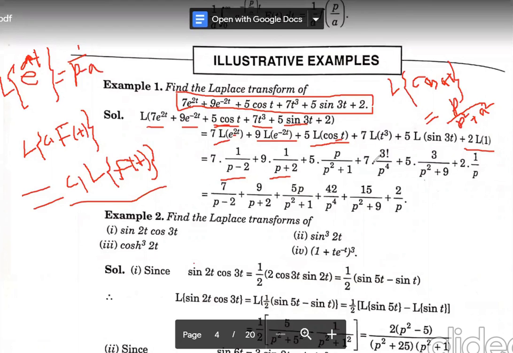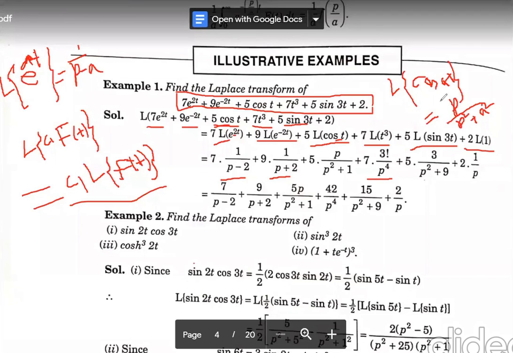Plus 7 into. Then you need to use the formula of what? Laplace transform of t to the power n. So what was that one? If n is a positive integer, then factorial n by p to the power what? N plus 1. So factorial n means what? 3. So factorial 3 by p to the power 3 plus 1, that is how much? It is 4. So factorial 3 by p to the power 4, plus 5